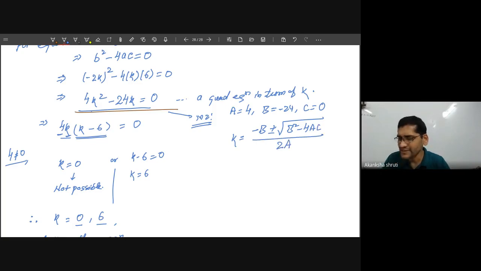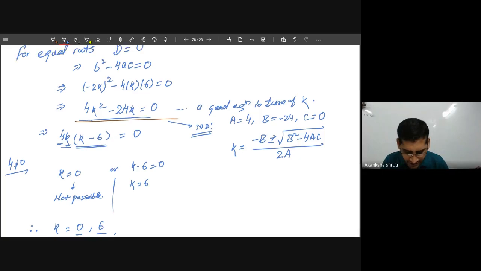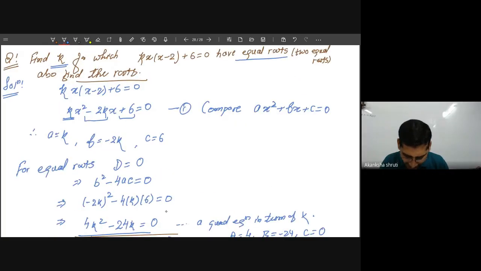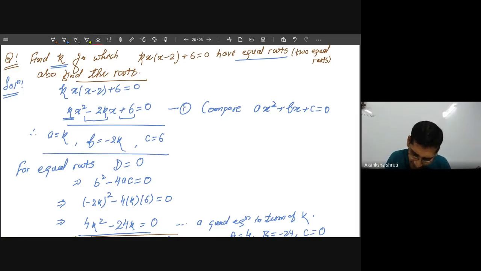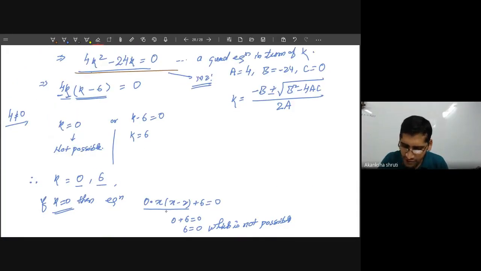Why have I used the capital symbol? To avoid confusion with the smaller one. A smaller abc is always taken for the equation in X. For this one we have taken abc here, so to avoid confusion, we have denoted it with capital ABC here, students. See, here I have denoted this one with the capital ABC, and I have written the formula for K in place of X. So just substitute, you will get the same values of K. See what these are.